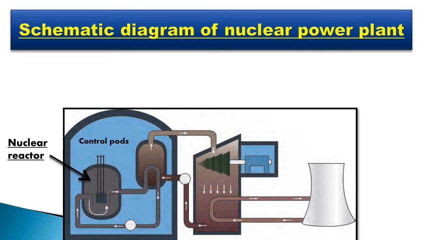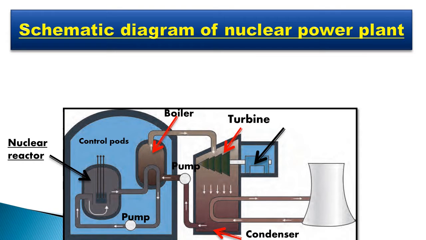And here is a nuclear reactor in which the nuclear fission reaction takes place. That means splitting of uranium 235 will take place. And this is a boiler in which the water is steamed, and these two are the pumps, and here is a turbine. That means the boiler is connected to the turbine,